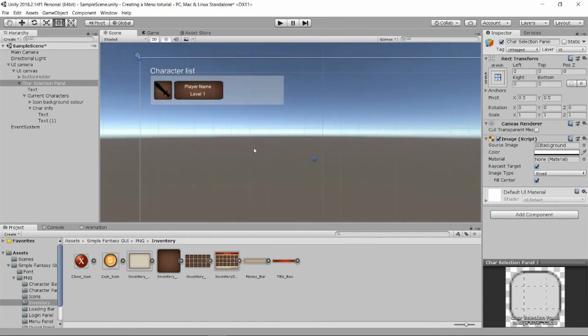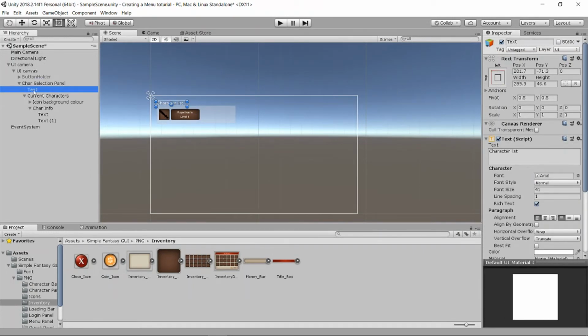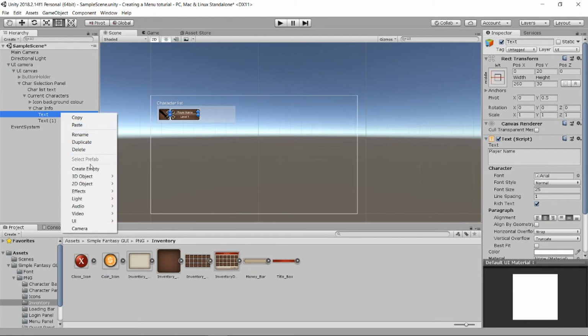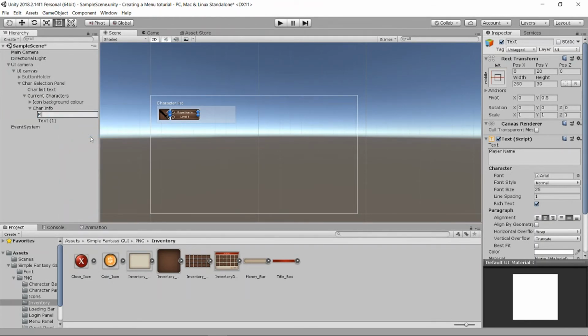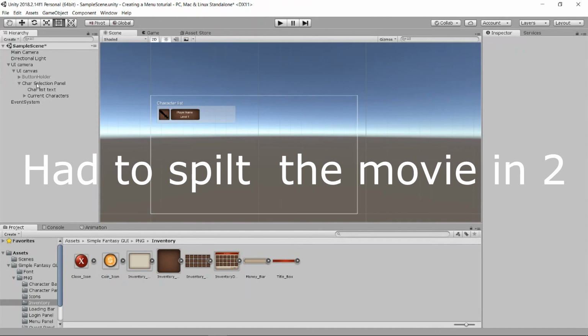In this panel also we want to organize it a bit. So we have the class text here, we have the player name text here, we have the level text here. Oh, I'm gonna remove here again, just yeah. And then we're gonna go to